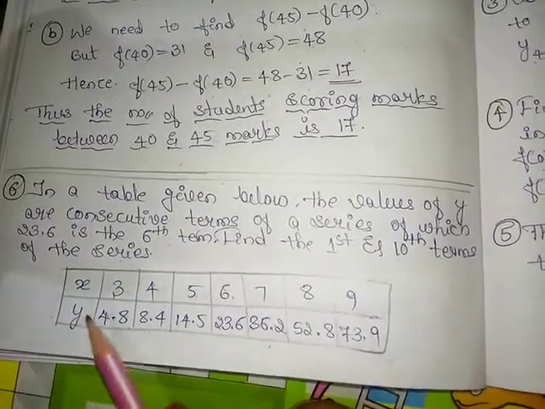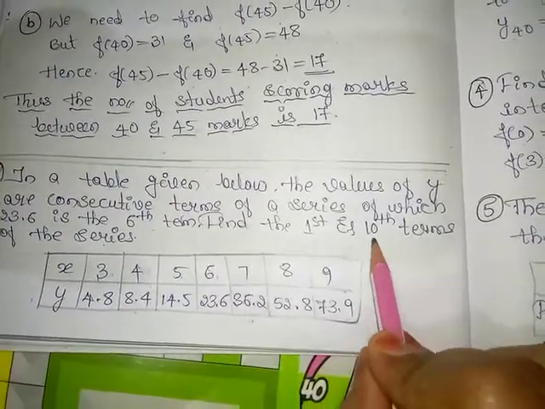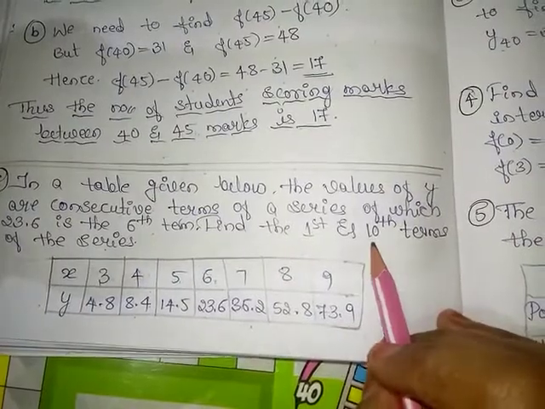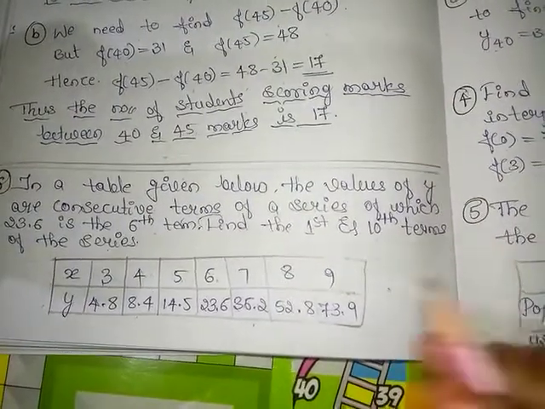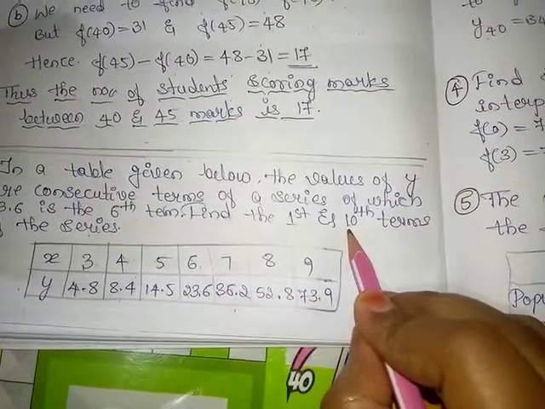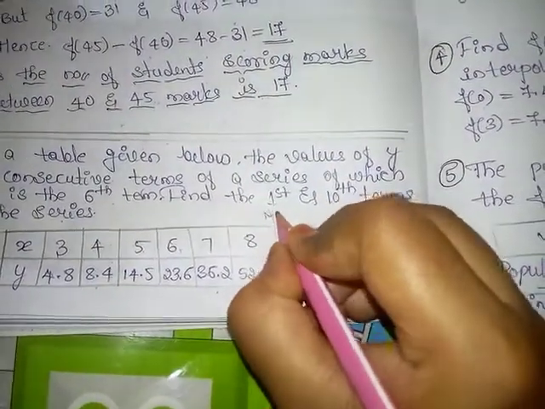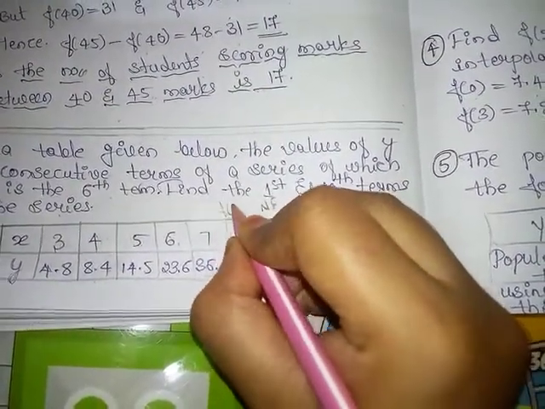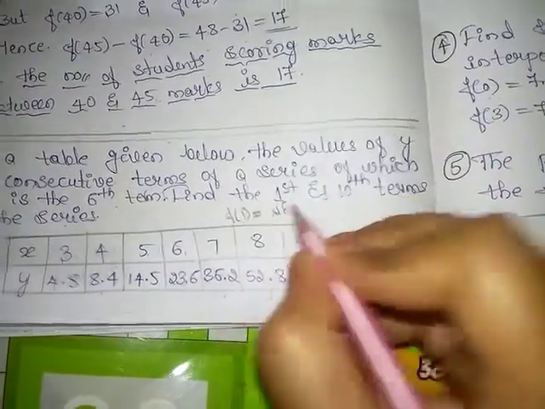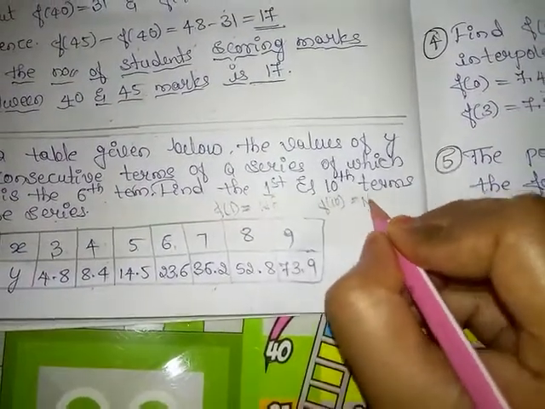You know that to find the first term, we have to use the forward interpolation formula, and to find the 10th term, which lies in the latter half and also outside the range, which we call extrapolation, we have to use Newton's backward interpolation formula. Here use Newton's forward for f of 1, meaning f of the first term. To find f of 10, use Newton's backward.